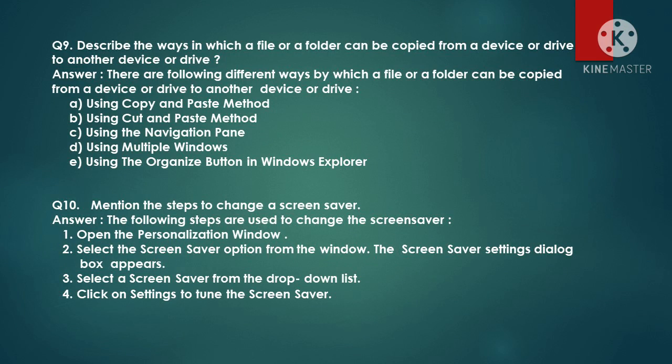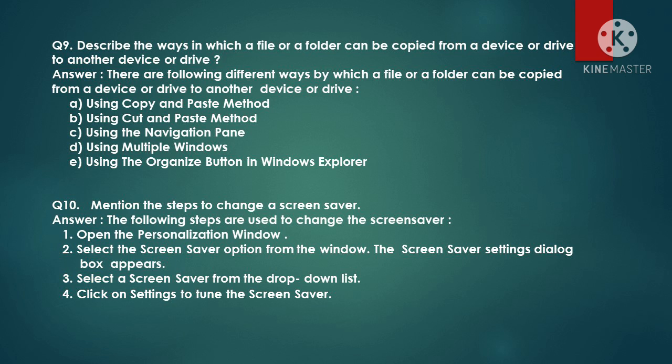Question number 9. Describe the ways in which a file or a folder can be copied from a device or drive to another device or drive. Answer. There are the following different ways by which a file or a folder can be copied from a device or drive to another device or drive.